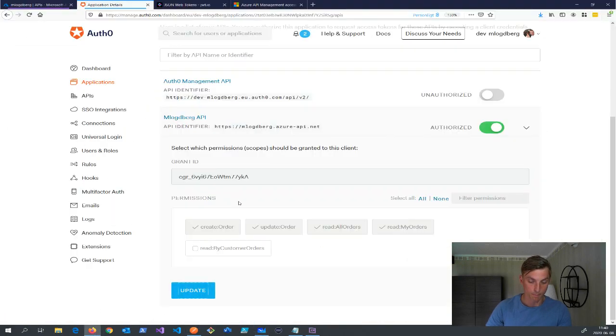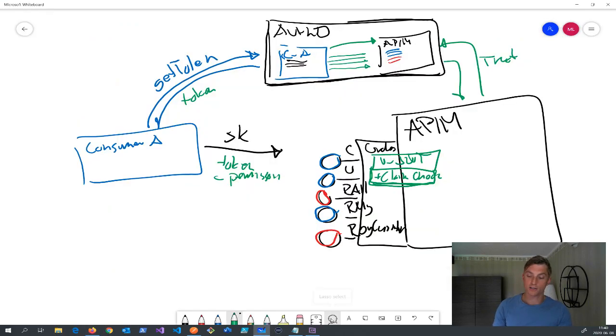Let's just revoke that back so we have all orders. There we go. So what we have achieved now is moving out giving granular access to our operations, moving that out into Auth0. Auth0 is the instance where we actually are granting the access and putting that in a token, and enforcing that in our API management instance, which means that we now can focus in our API management instance to restrict